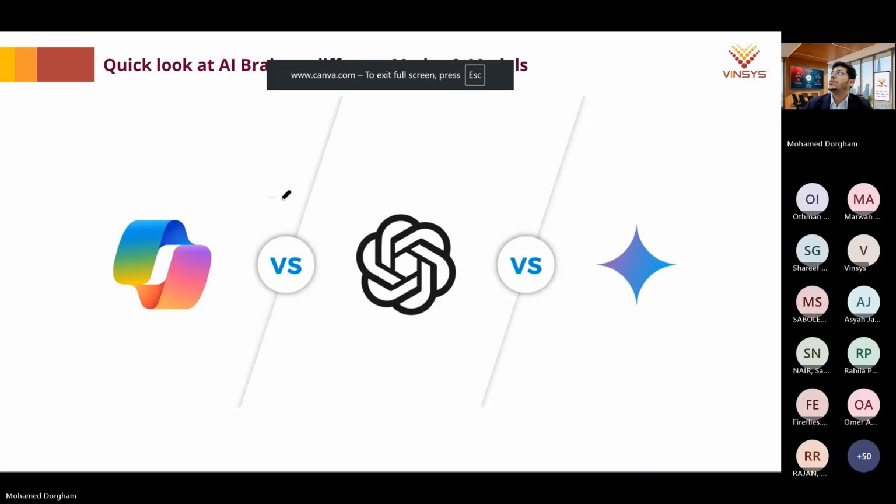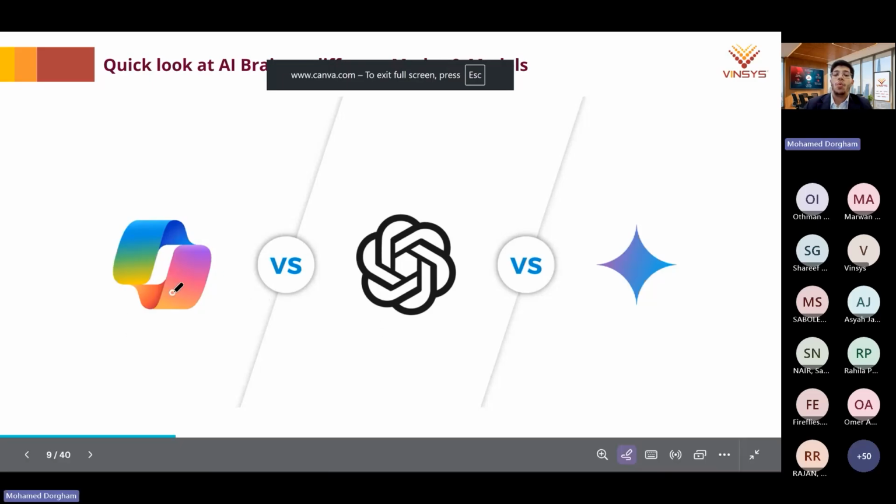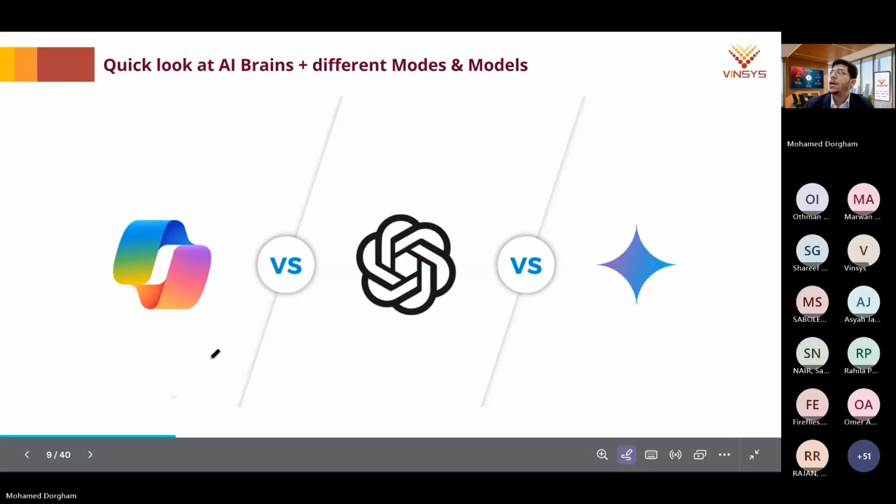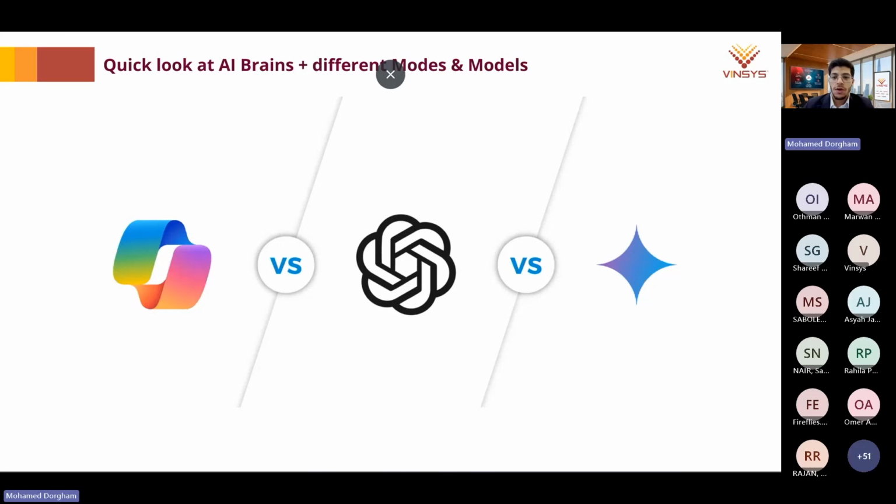Now, of course, we have explored ChatGPT and we have explored Gemini, and there's also another one which has this icon. Do you know which AI system this icon is for? Let's see who's exploring on their own. If you know the icon or the logo for this AI system, you can drop a chat here. Okay, so here we have a Copilot.